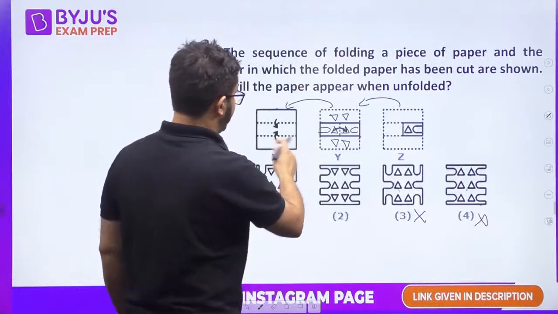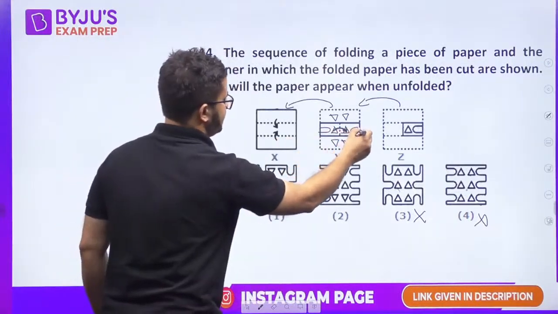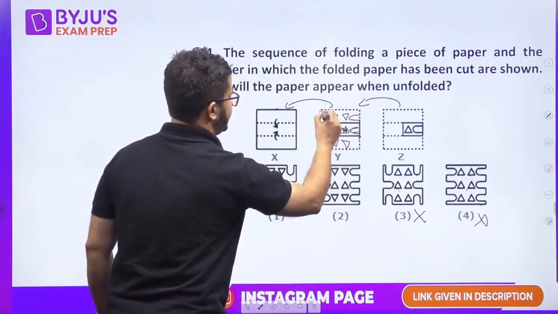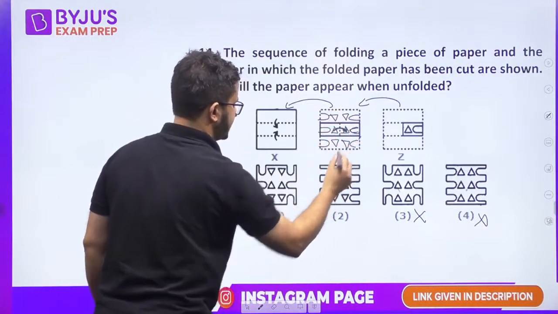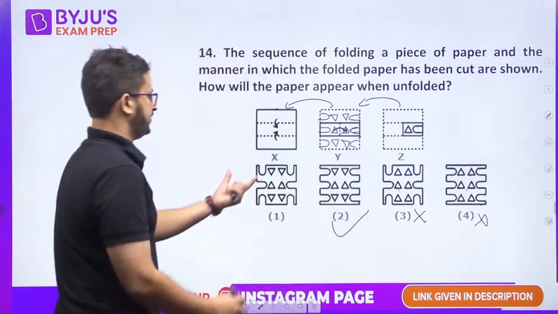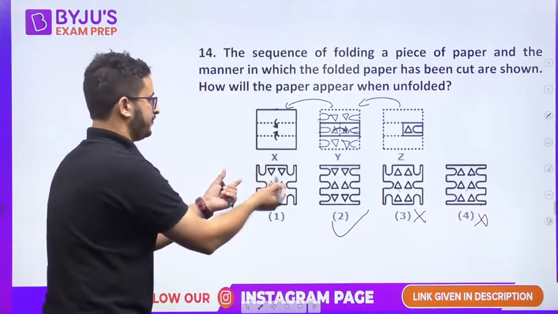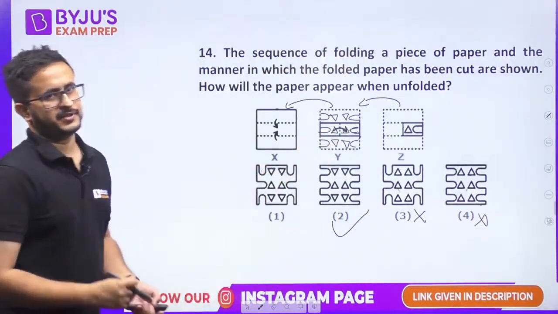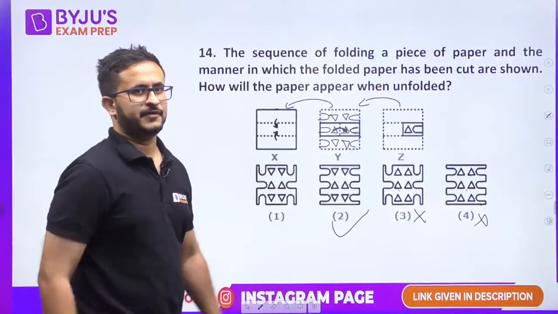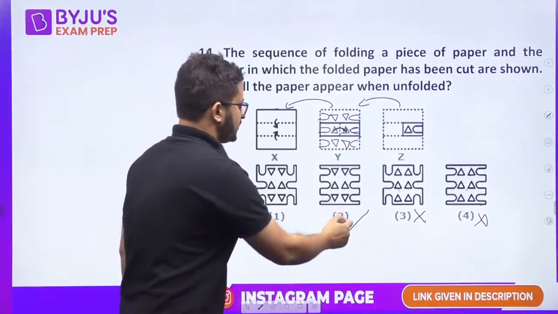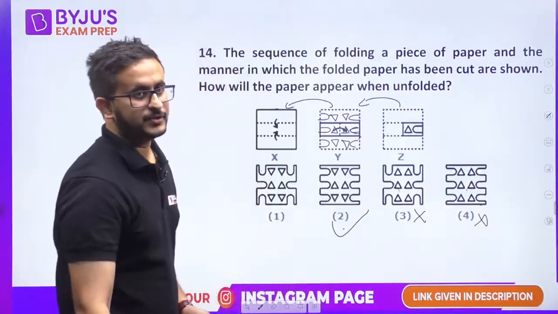Now out of 1 and 2 what will happen, this C shape, this C cut will be present here and present here. So it will come like this. So that is in option 2. It will not get vertical cuts, right? If you have made the cuts horizontally, it will remain horizontal only, it will not be vertical. Okay, so that is the right answer to this.